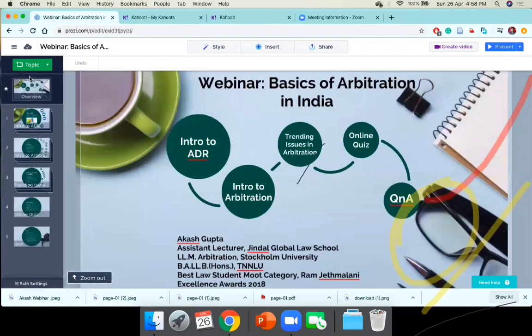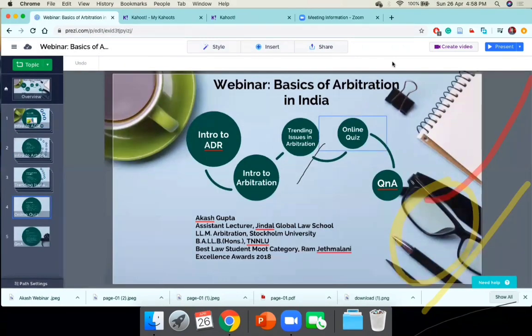Okay, so that's about the question and answer. I hope we have covered all the aspects of the session. Anjali has a question. In matters where one of the parties is a foreign party and the parties choose to resolve their disputes through arbitration at a place outside India, can the state high courts intervene in such matters?